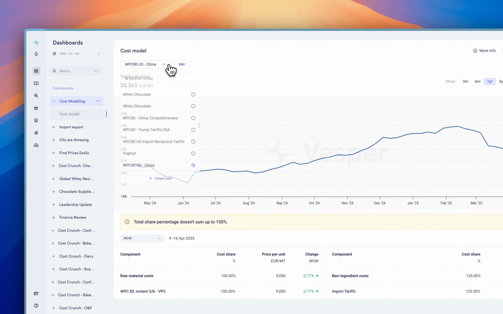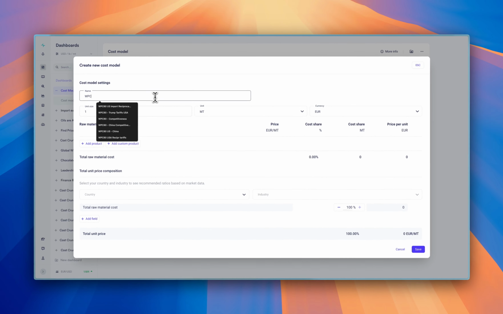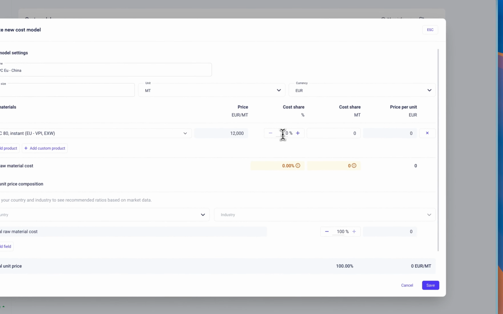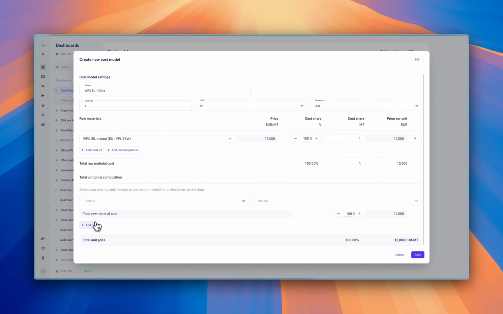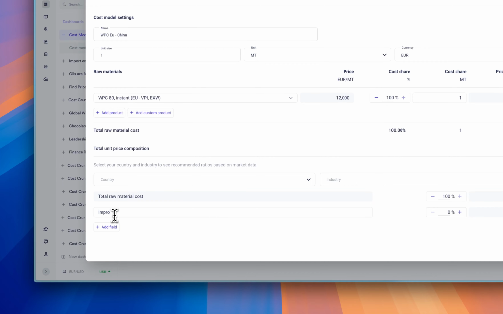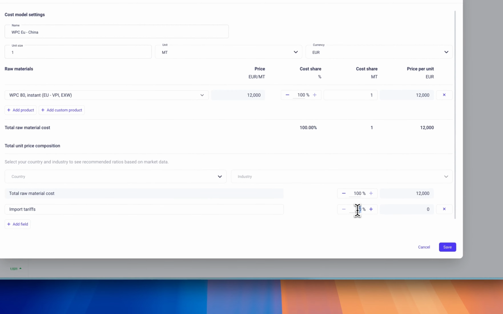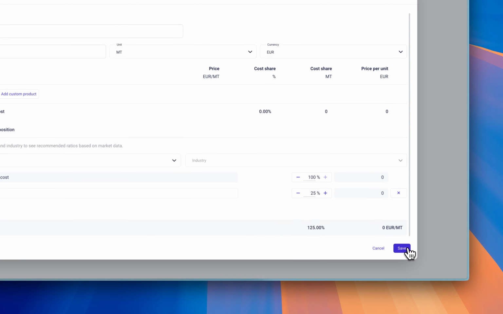And then if we were to create another one where we look at the competitive product being WPC 80 EU to China, we will select 1 metric ton once again, and this time we select WPC 80. We will select the European price, add a cost share of 100%, and then we will add the import tariffs onto here as well. And for instance, what if we add a 25% import tariff to here, and then we save it,